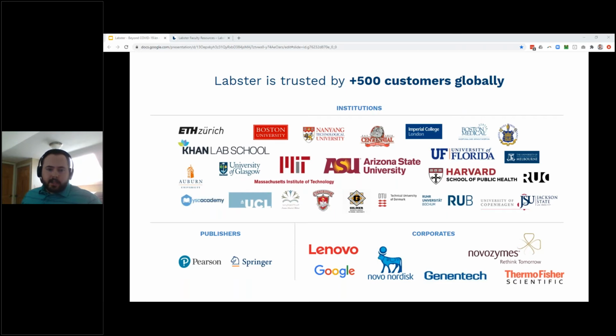Arizona State, another example, implemented Labster into an online ecology course to provide unlimited access to the lab for students, so also in remote locations, and it really allowed them to provide more value for less through scalability and